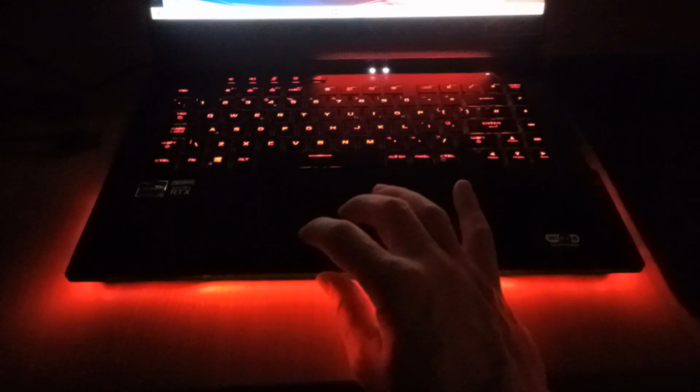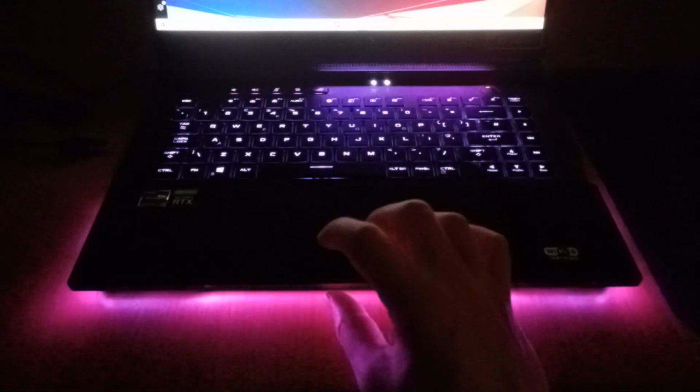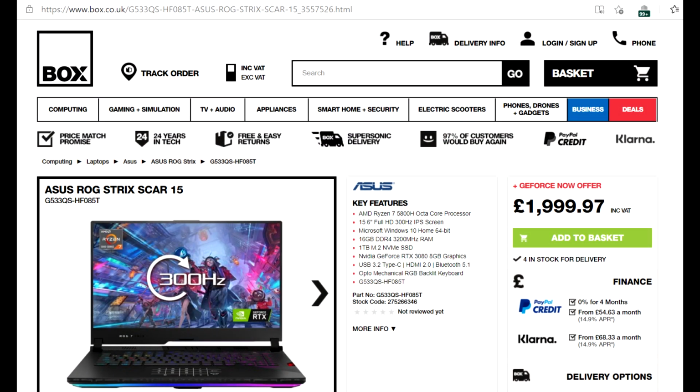So things to mention then, being in the UK, I bought this from box.co.uk. They do still have this model in stock. It costs £2,000, and there is another version, which is what I think is the one that is in America that's widely reviewed, with the Ryzen 9 and the 16GB 3080 card. That costs £2,700 roughly. However, that has never been in stock for the last 2 weeks that I've been checking